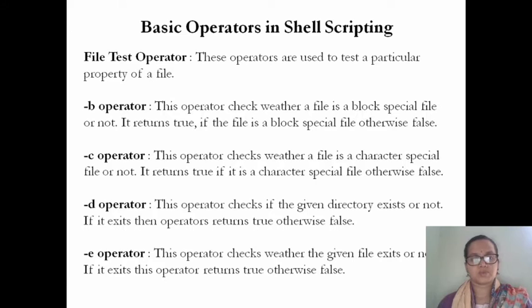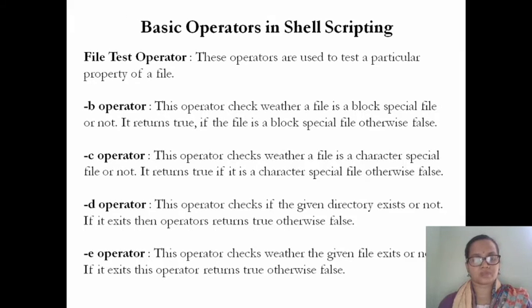So -p, if you give this -p, then this checks whether the file is a block special file or not. If it is true, then this file is a block file, else it is false. Same way it further goes on. The -c operator checks for the character special file or not, and -d depicts whether the directory